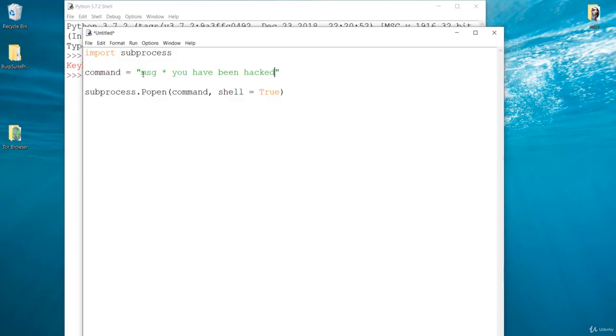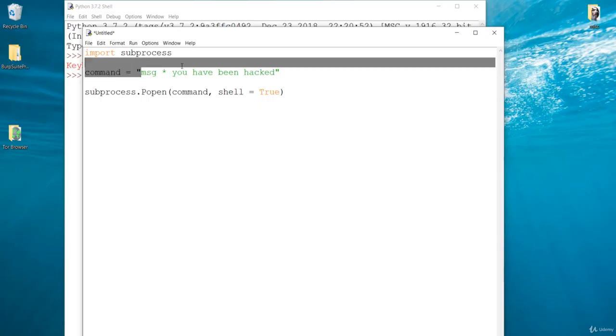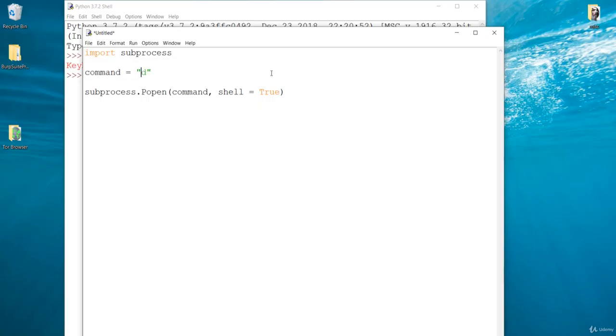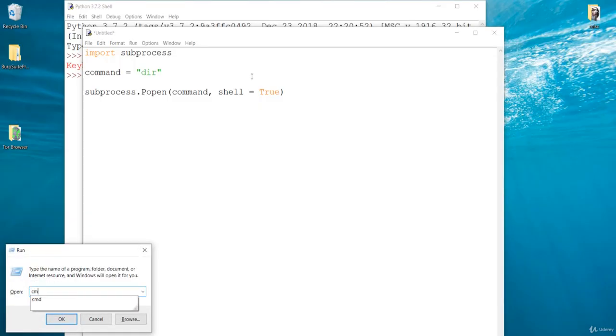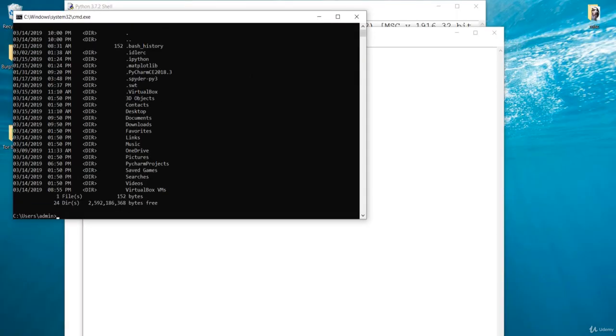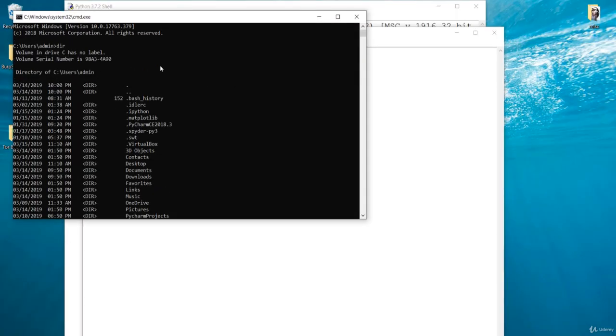This payload is not going to work on Linux or Mac OS X, because this command is platform specific. The whole code or payload is cross-platform, but only the command which we write here is specific to your platform. If I say dir, this is not going to work on Linux or Mac OS X, because we don't have any command called dir in Linux. You can also try it over there, but in the case of the command prompt, if I say dir, it is going to list all the directories in the current location.